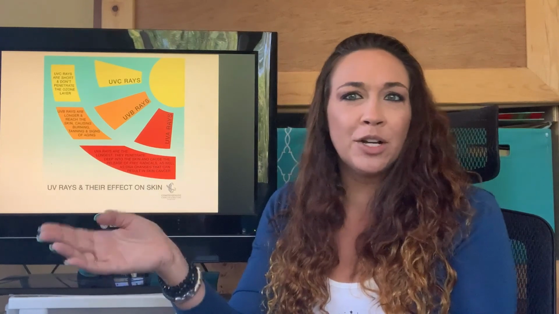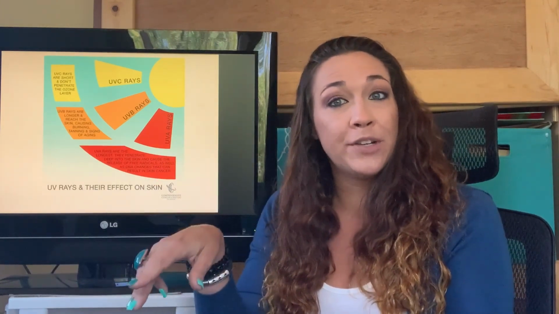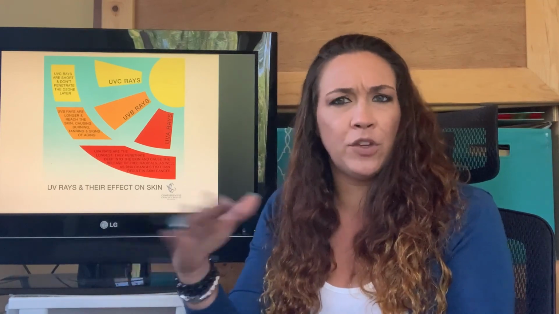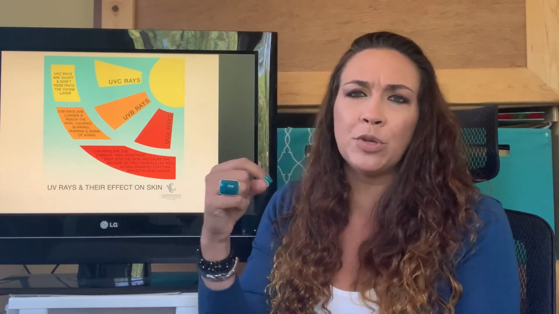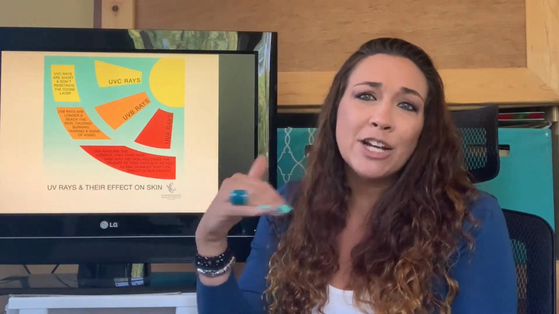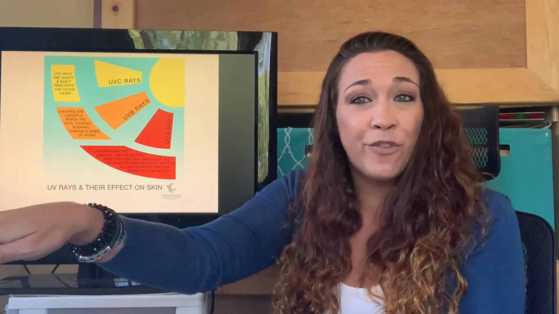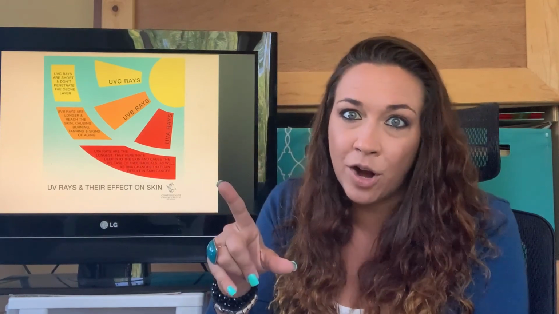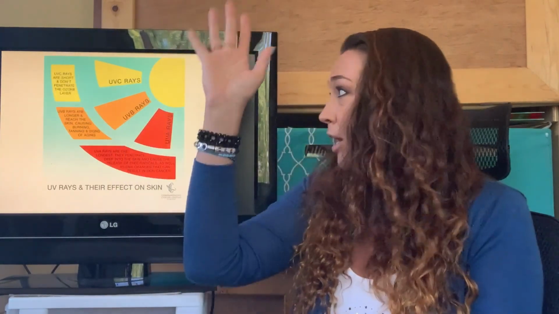All right, so you learned about different types of UV rays, but we're going to talk about the 3 different types there are. Most of you have heard of UVA and UVB, but there's actually a UVC. We don't have to worry too much about UVC because of our ozone layer. Thank you, ozone layer. It blocks it because the UVC rays are kind of short, right? They don't travel as far and therefore are blocked by the ozone layer. Another really important reason that we need our ozone layer. Things like holes in the ozone layer can cause all sorts of new damage.